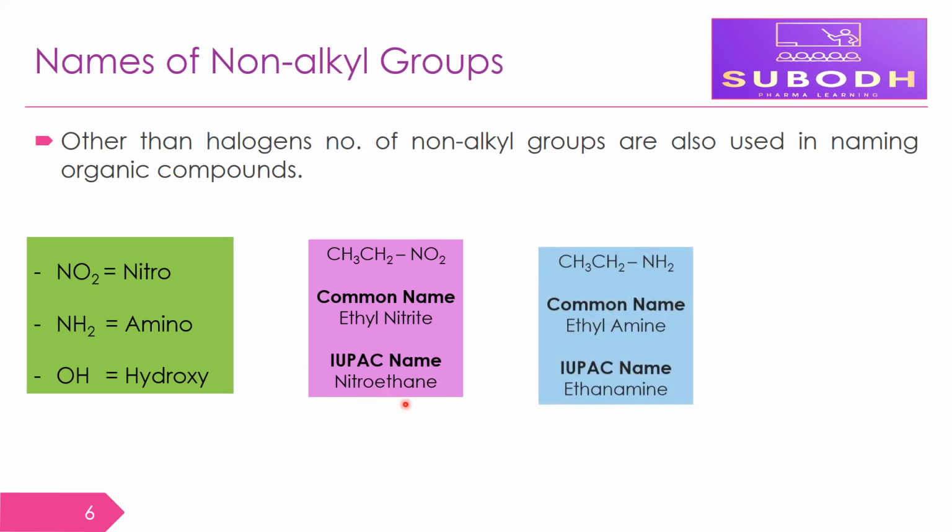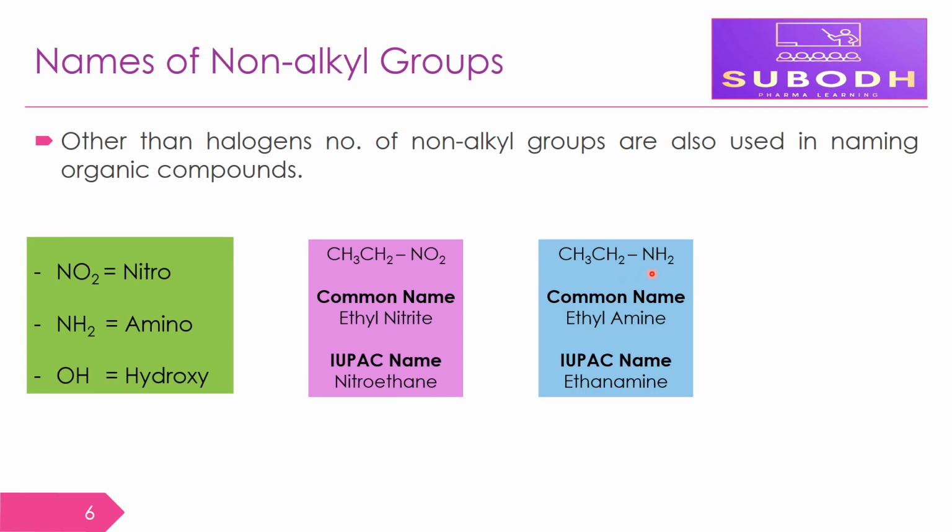When dash NH2, that is amino group, is attached to ethyl, the common name is ethyl amine, and its IUPAC name is ethanamine, not aminoethane